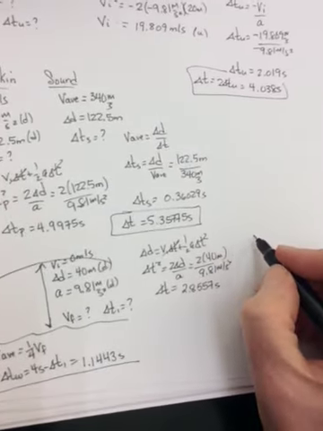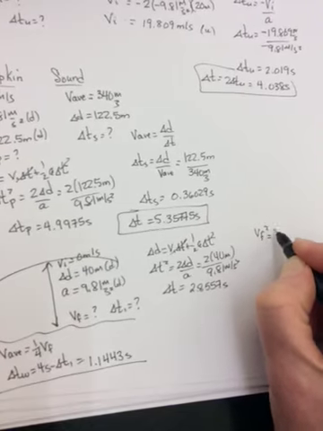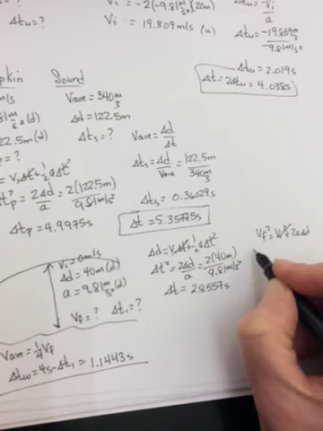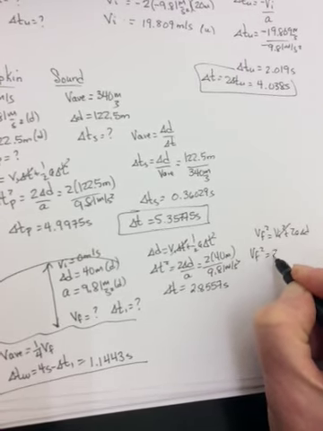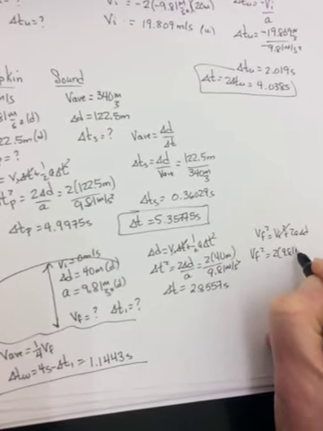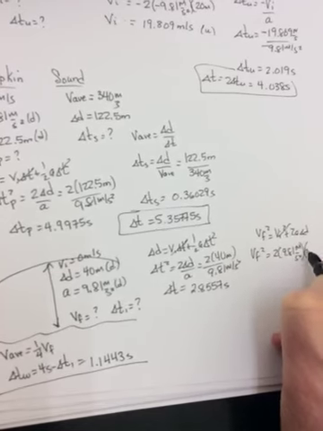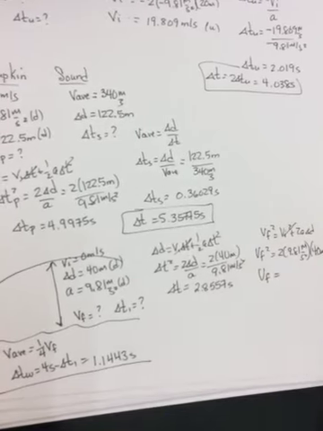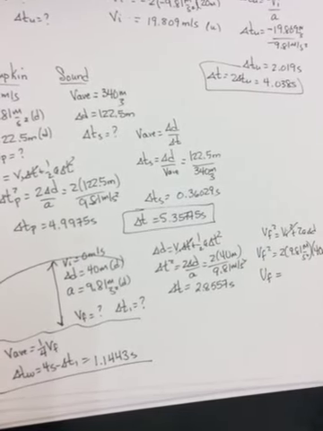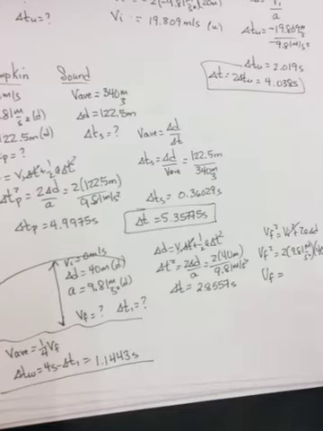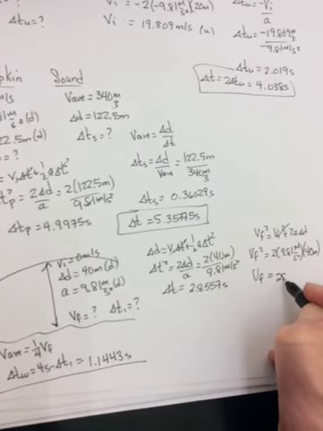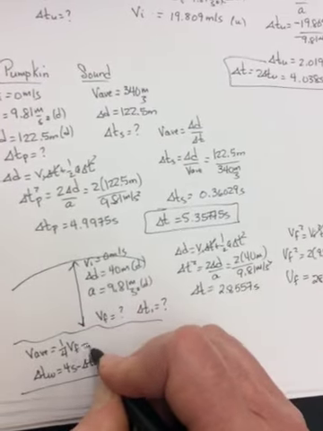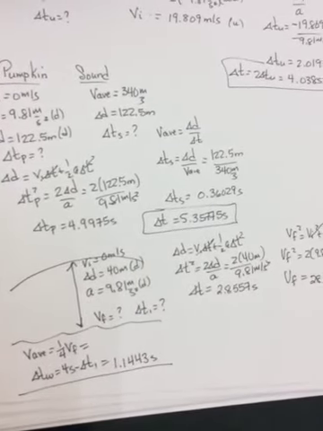Okay, and now we need to find our VF, so we know VF squared is equal to VI squared plus 2A delta D. This goes to 0. VF squared is equal to 2 times 9.81 meters per second squared times 40. VF squared is equal to 80 times 9.81. Take the square root, 28.014 meters per second. And so this speed is a quarter of that. So times